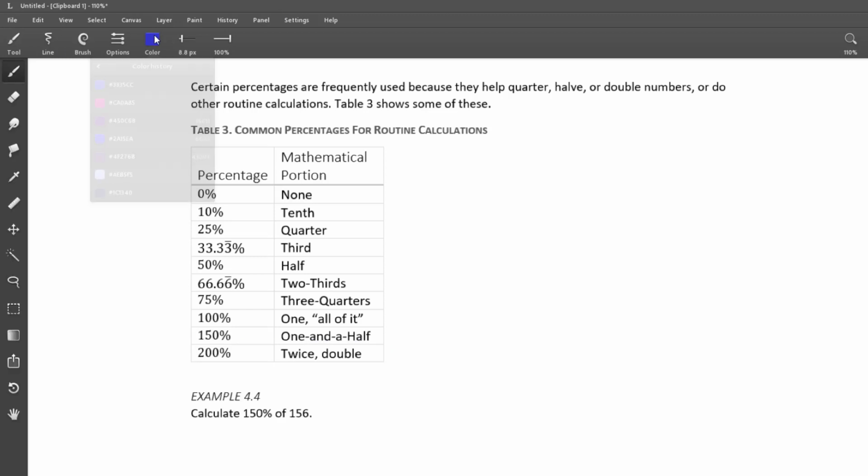So we have this all nicely organized in this table, and if you ever need it, you can refer to it. But you won't need the table if you think of the fact that we talked about before, which is that percent means out of 100. So why is 0% none? Well, 0% equals 0 over 100, because that's what percent means, which equals 0. So 0 is 0. 0% is 0.